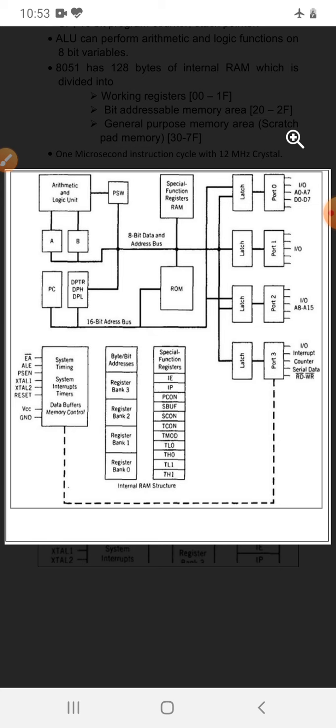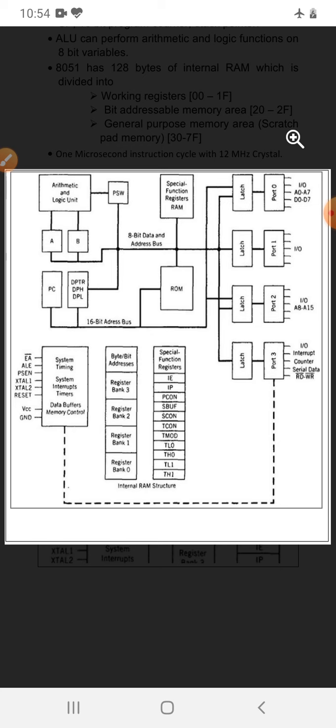Then we have the R registers. Earlier we said that in 8051 we have 32 general purpose registers, each 8 bits wide. These registers are grouped into memory banks, the initial memory locations having addresses from 00 to 1F. These 32 bytes of memory are grouped into groups of 8 bytes each, called banks, and each bank consists of 8 registers or 8 memory locations where a byte can be saved.